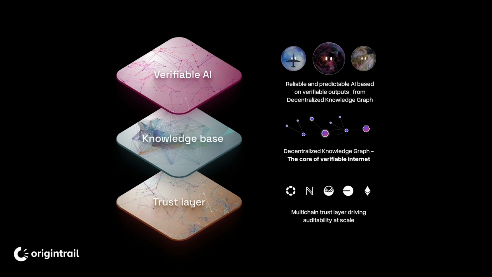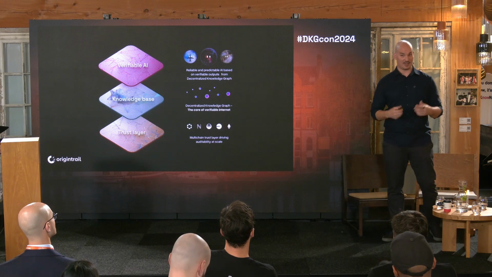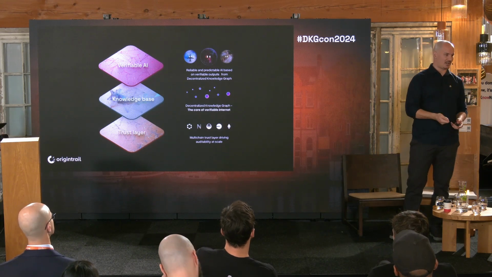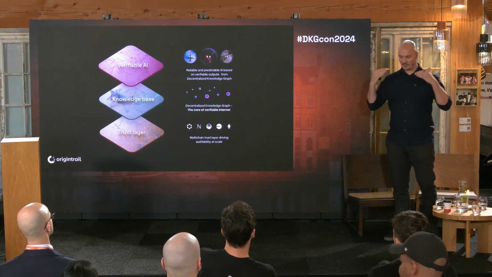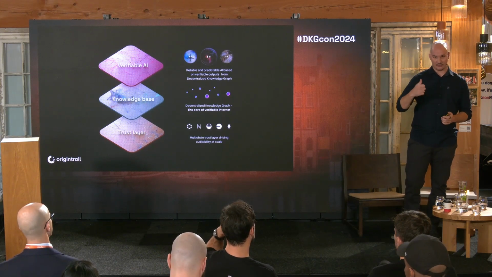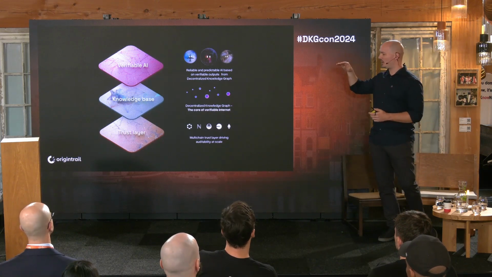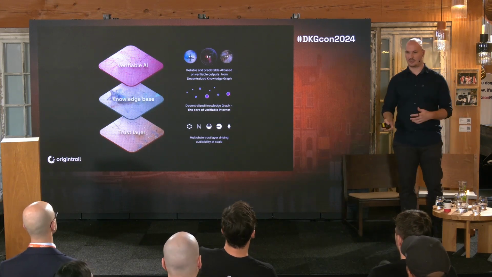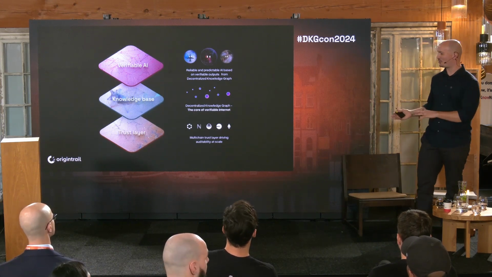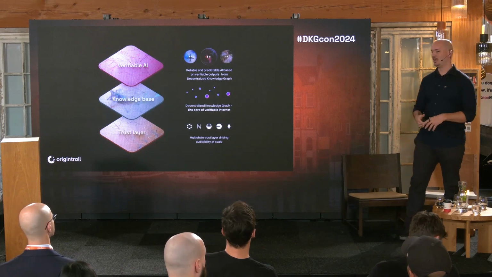So not in the way where we try to load it up with as much data as possible, cramming it, because it's not really scalable in that way. Rather, using it as a trust layer, using it for security, as Filippo beautifully put it on the previous panel. So on this layer, what we actually use it for is to track the provenance of data, which comes on the second layer, the knowledge base. This knowledge base layer is really a decentralized knowledge graph, its own decentralized network, not a blockchain, but actually a network of nodes, core and edge nodes, as we'll introduce them in a moment,